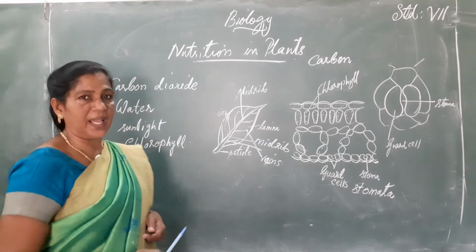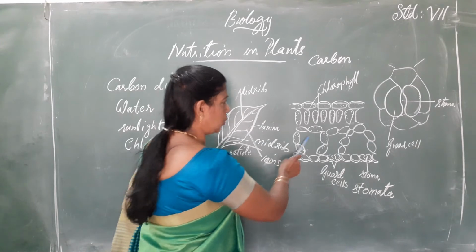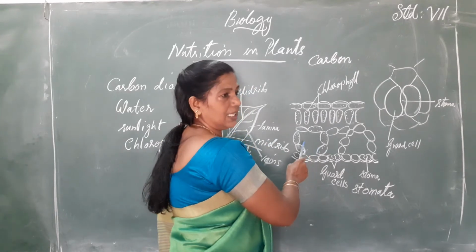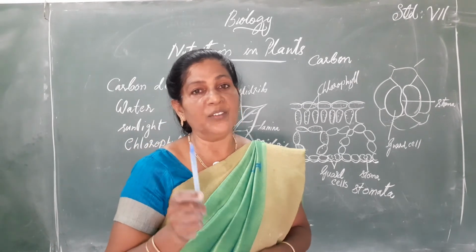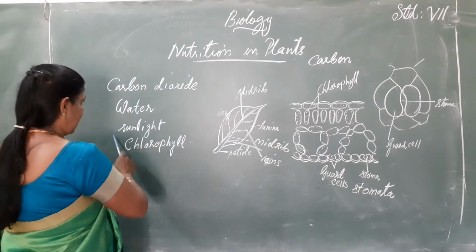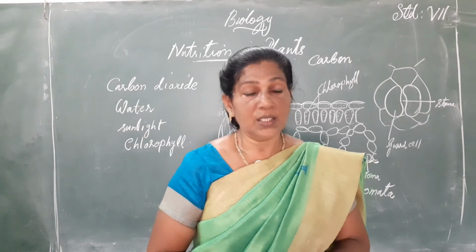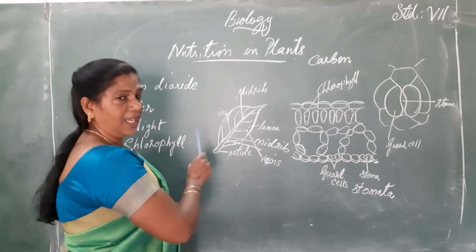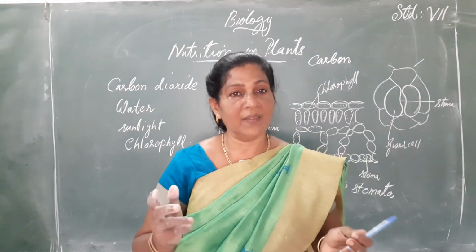Then sunlight. How do the plants get sunlight, you know? The plants have a green pigment. If you go through the section of a leaf, you will be able to see green dots present inside the leaves. These green dots are called chlorophyll. The chlorophyll is capable of absorbing solar energy. And finally, the sunlight is normally obtained from nature. So the chlorophyll absorbs solar energy, and water and carbon dioxide are also available to the plants, and they synthesize food.